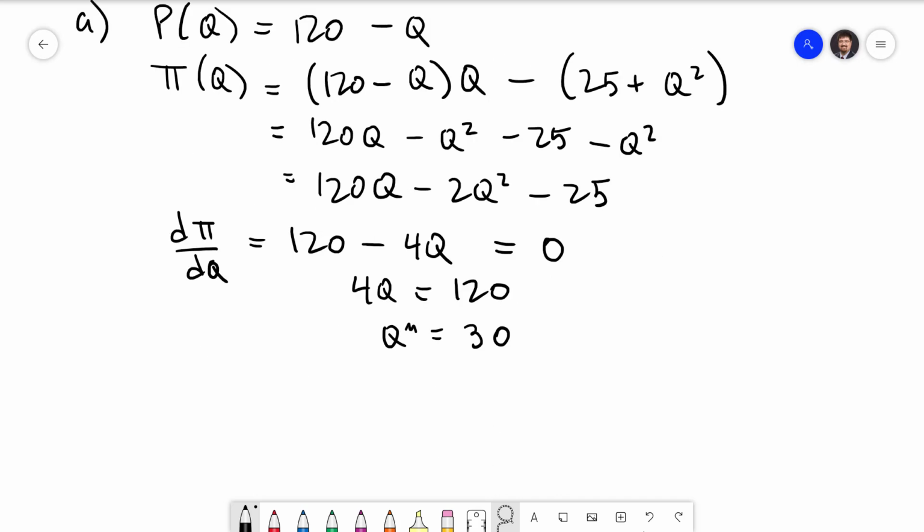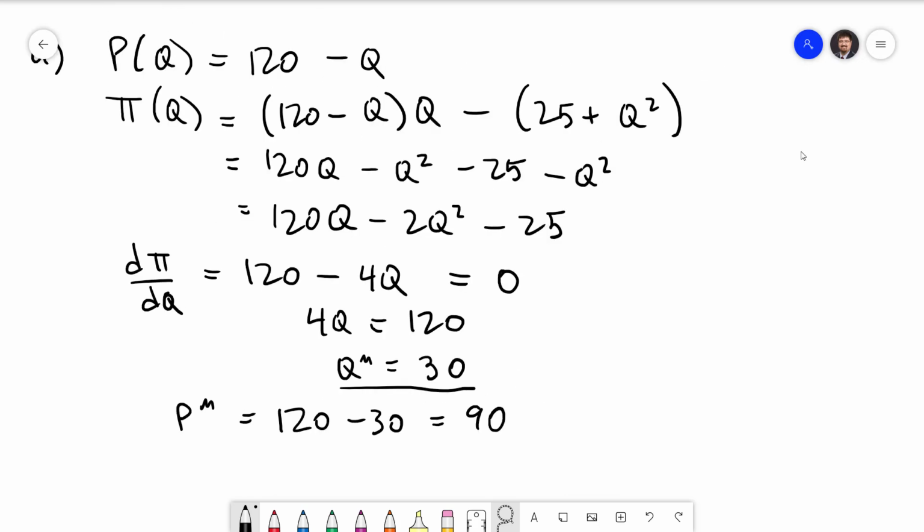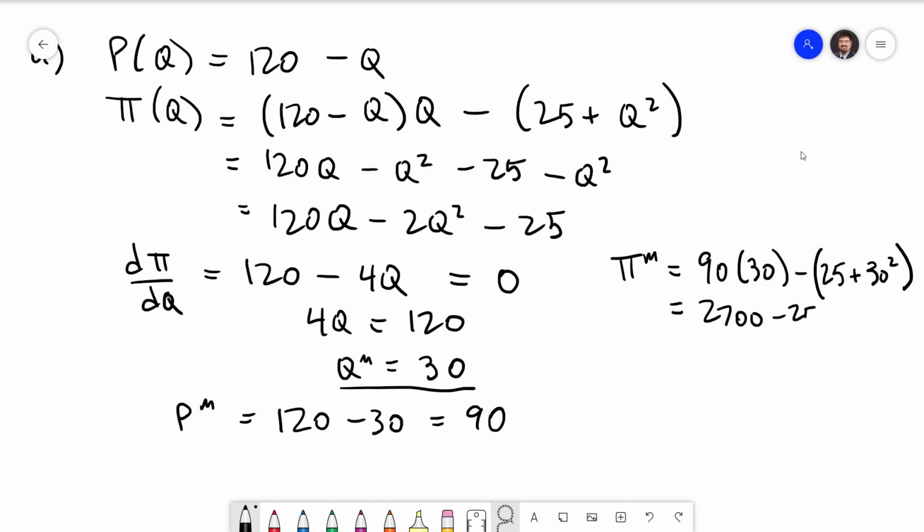To determine the monopoly price, we plug the quantity of 30 into our inverse demand function. So we're going to get 120 minus 30 equals 90. To calculate the profit that the monopoly makes, we'll take the total revenue, which is price times quantity, 90 times 30, minus the total cost, which is 25 plus Q squared. So we're going to take 25 plus 30 squared. This will be 2,700 minus 25 minus 900. That comes out to